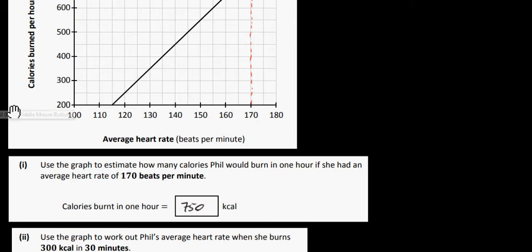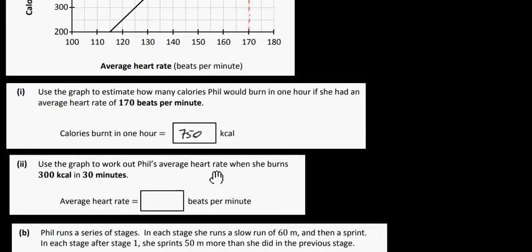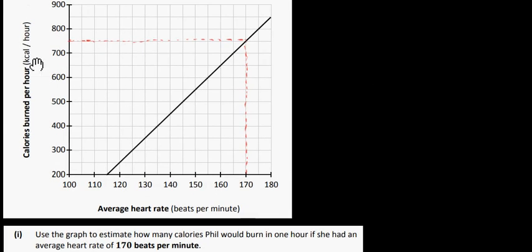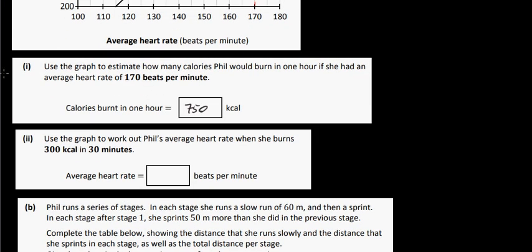Okay, so the next one then is part 2 here. Use the graph to work out Phil's average heart rate when she burns 300 kilocalories in 30 minutes. Now remember, on the y-axis here our units are kilocalories per hour, so you got to convert this to hours really. So we have 300 kilocalories in 30 minutes, so that's just equal to 600 kilocalories in 1 hour. So we've got to go up to 600